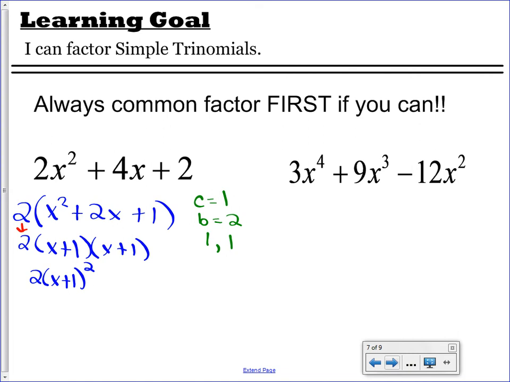What about this next one? Is there something I can common factor out of here? What's the first step? Go ahead, Austin. Can you factor 3x squared? Yeah, I can factor out a 3x squared. So 3 is common to each one of these terms. X squared is my lowest exponent, so I'm going to factor it out. So Austin, what will I write? X squared, or yeah, bracket x squared plus